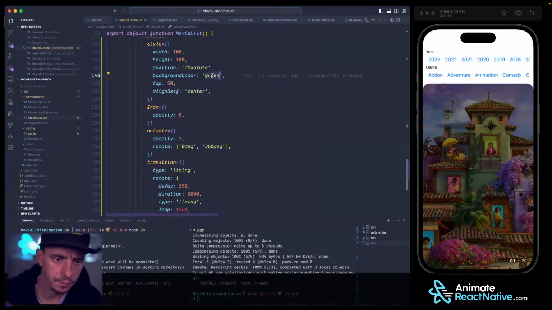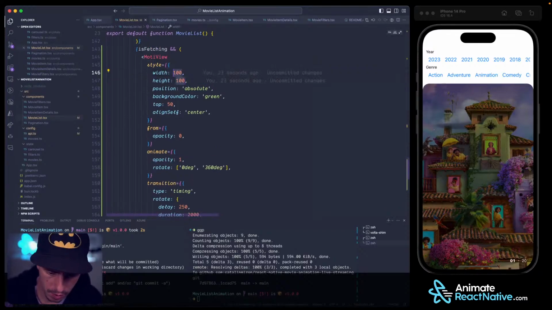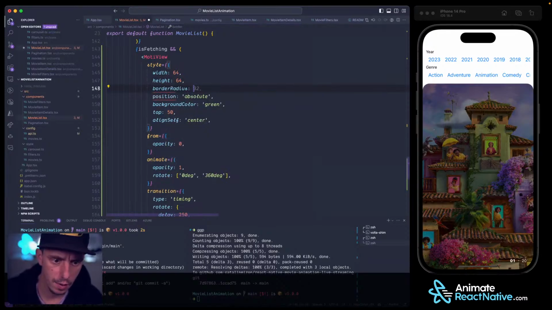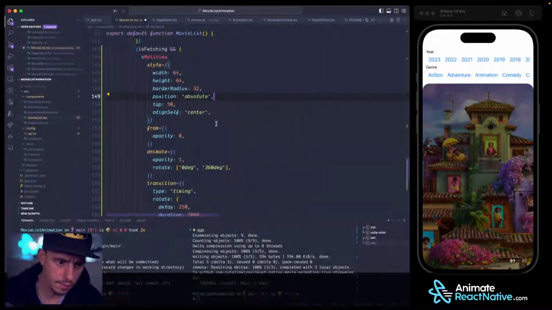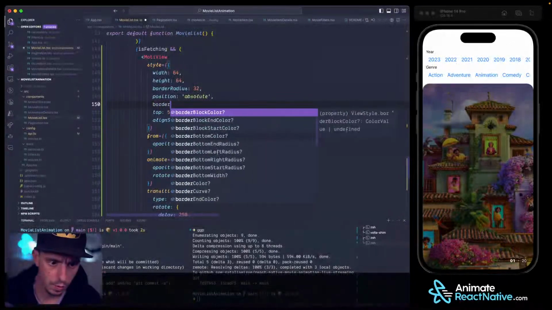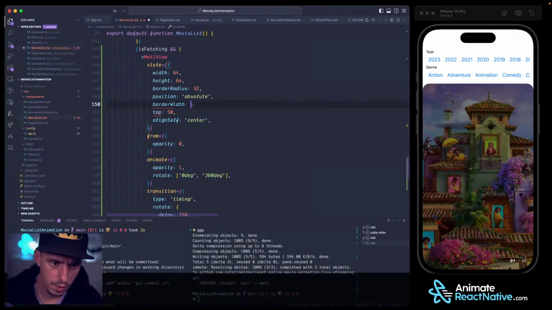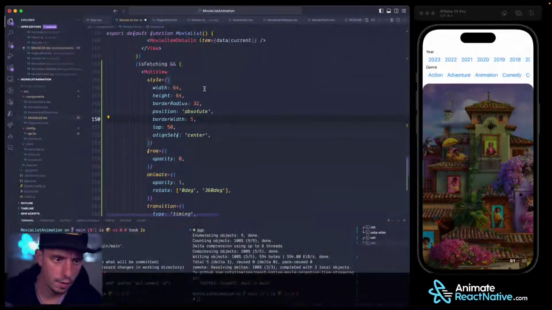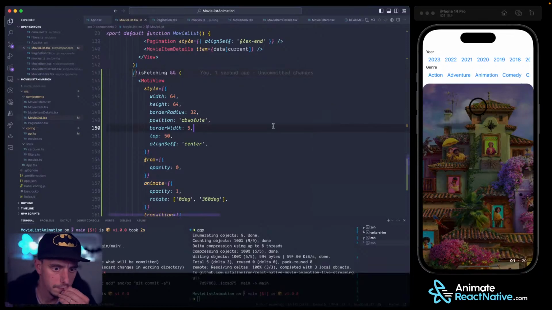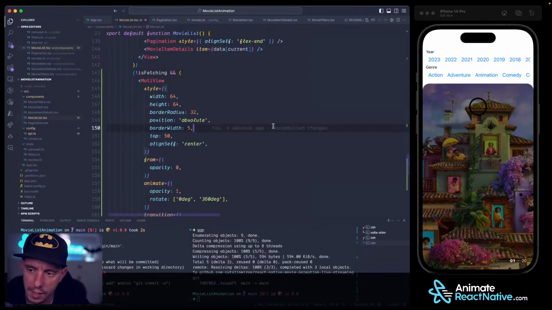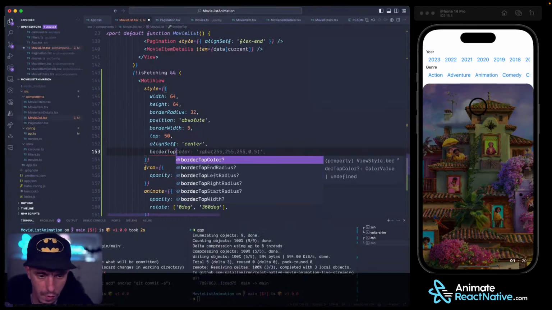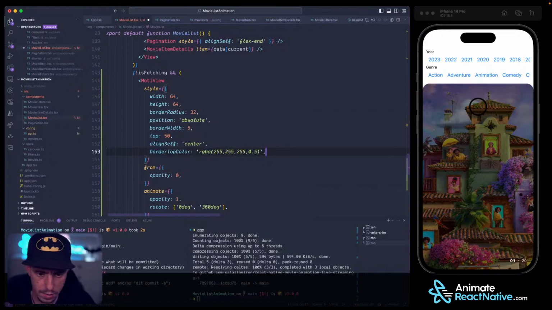And I'll say this is too big, so it's 64 border radius, 32, and I'll say from border width 4. So if it's not fetching, let's make it here. And I'll say border top color is